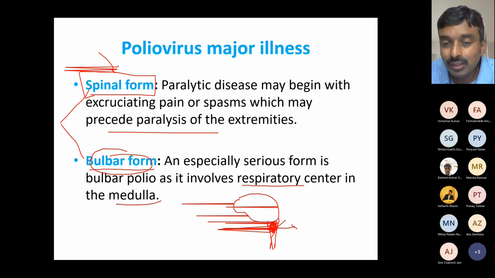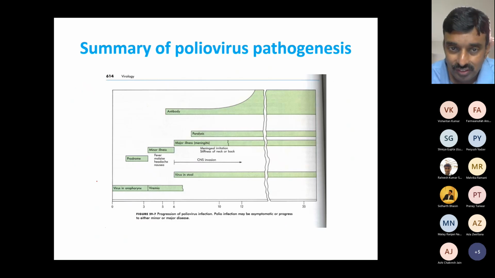They don't control the rhythm of your breathing anymore, and they don't tell you to breathe. And breathing is not a voluntary action for the most part, because it happens even when you sleep. It's not really a voluntary action. It's controlled by the center for the most part. So if these neurons are damaged, you have the bulbar form of poliomyelitis, which is much more severe.